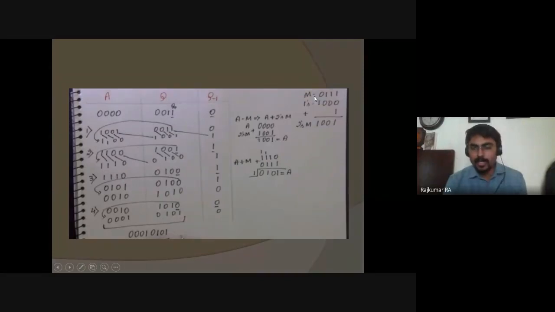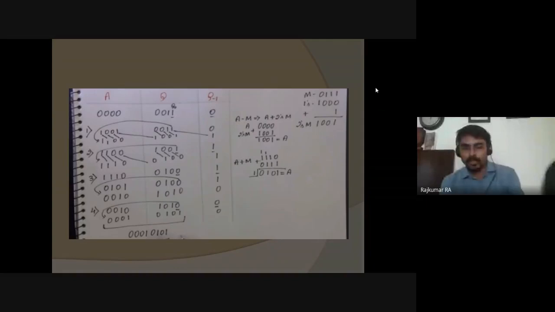So m is actually the value of this. If you have the plus value, we just add directly, but we are having the minus value of m. So whenever we have the minus value, that's equivalent to the 2's complement. So we have to find the 2's complement of the m value, then we can just add it. Otherwise, we can perform a minus m directly, but a minus m means there is a carry and many things we have to perform.